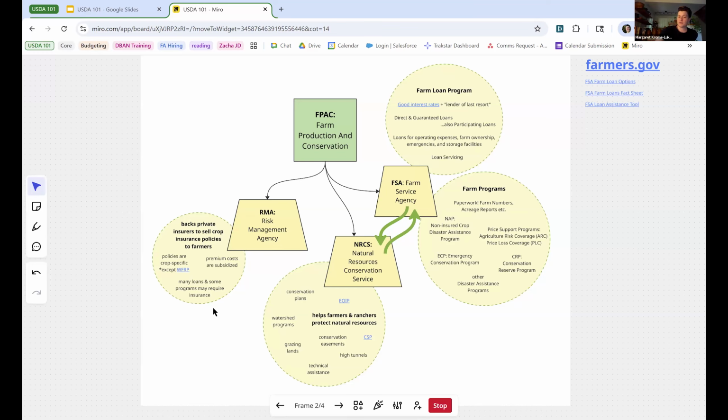Unless you are going through the Whole Farm Revenue Protection Program, we're not going to go into the details of that today, or through NAP, which does not live within Risk Management Agency, but here in farm programs at FSA. Those are the 2 kinds of risk management products that are available if you're not doing it on a crop by crop basis. Federal crop insurance, the premium costs are subsidized for farmers. And